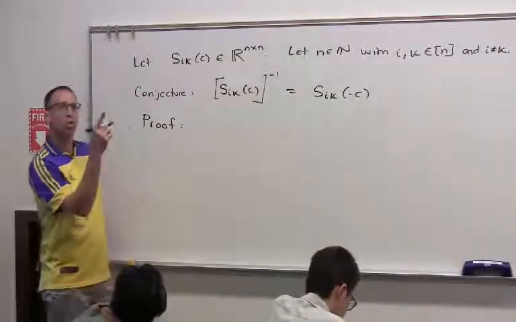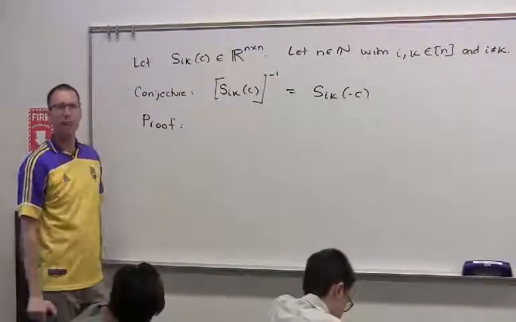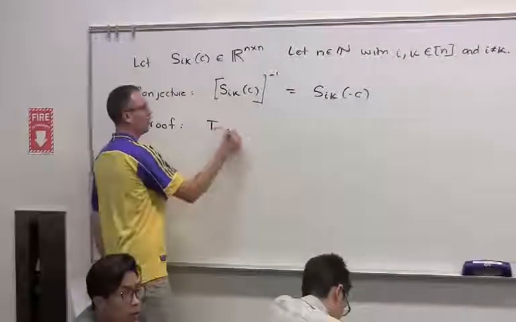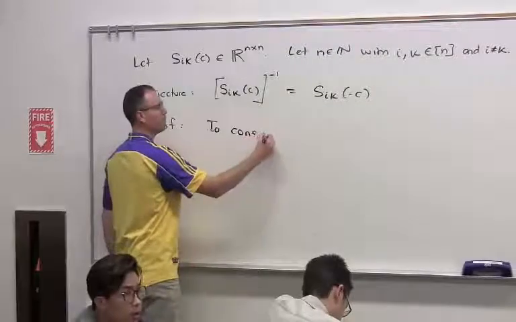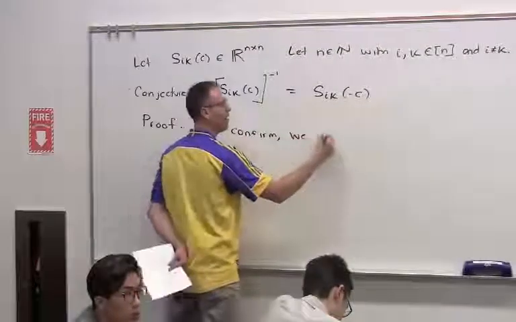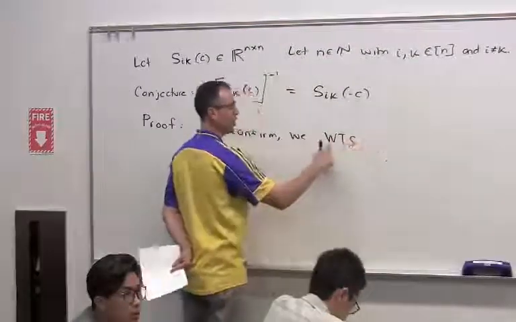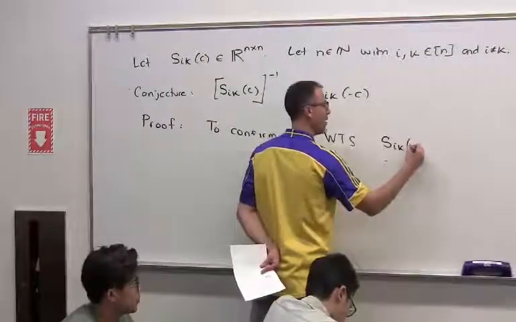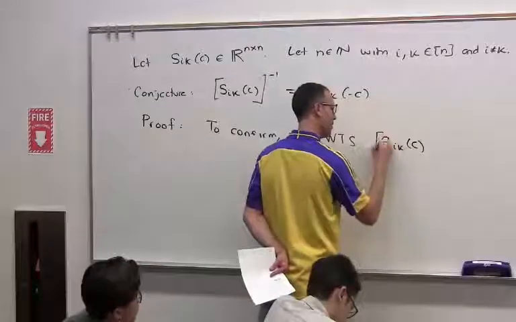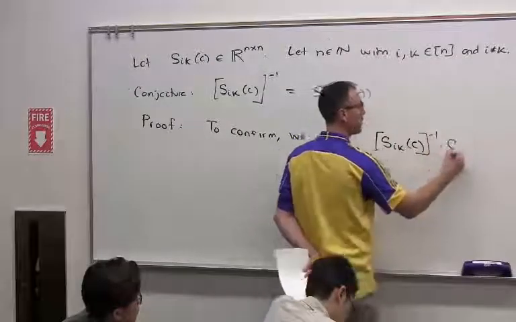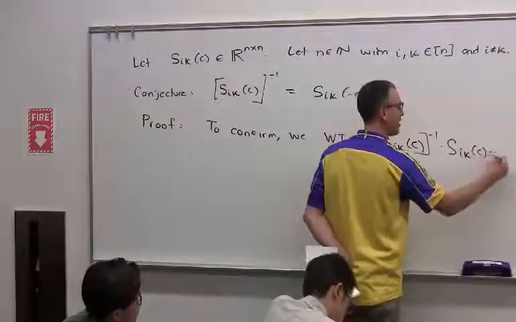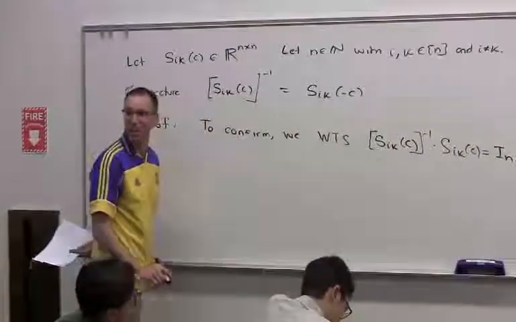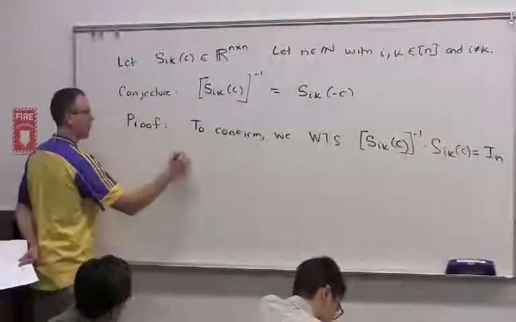How do I check that the inverse actually works? What's the one thing I have to do to check inverses? To confirm, we want to show, WTS, that S_IKC inverse times S_IKC equals what? The identity, right? Thus,